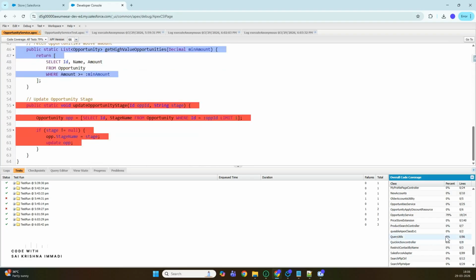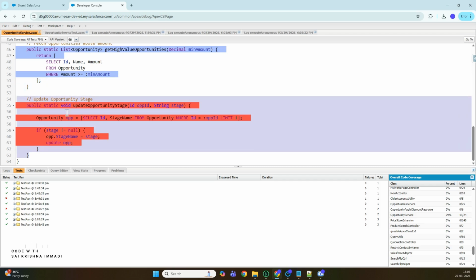But according to Salesforce standard, the minimum percent is 75. But if you see, we already have 79%, but we have never tested this method. So you should not promote this kind of code. You should always have a test method for all the methods in your class, and you should have a proper assert statement. You should test the actual functionality, whether positive or negative scenario. Okay, so please try to write a test method for this particular method,